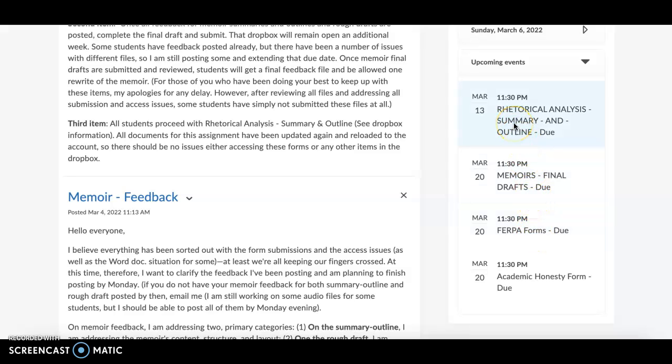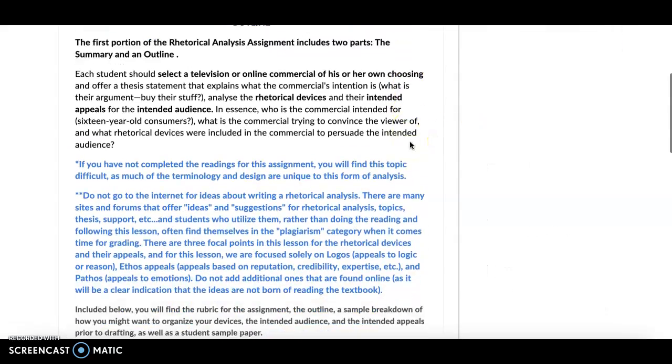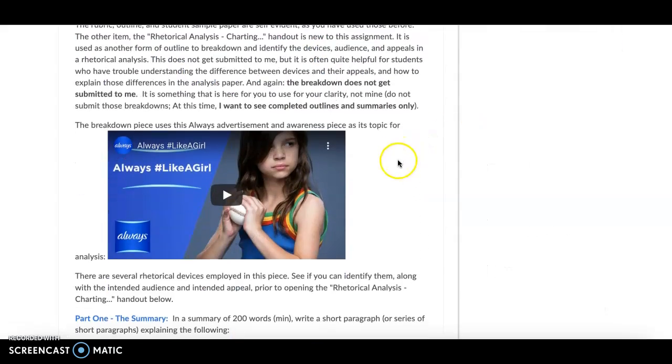Now on the rhetorical analysis summary and outline, make sure that you go into the Dropbox, review all the components here, and review the commercial that's used for this example. If you have not done the reading of this assignment portion, the rhetorical analysis, one of the primary reasons that I want you moving forward with this and not delaying is that most of you are already through this reading that was scheduled prior, so you have this rhetorical analysis terminology down.